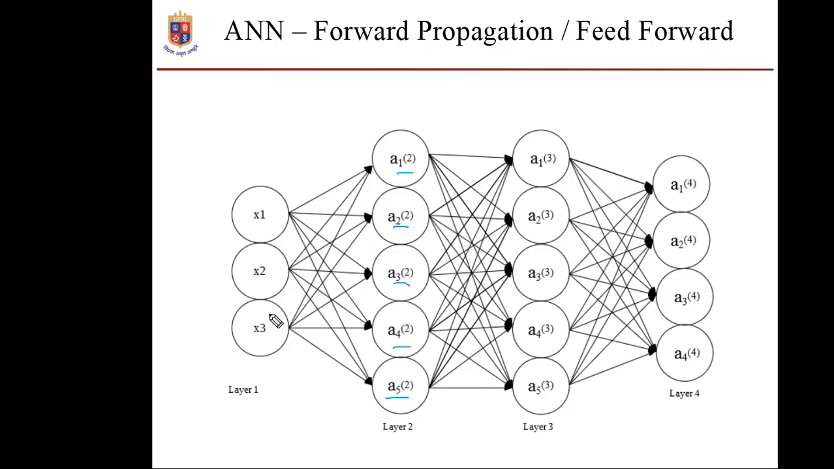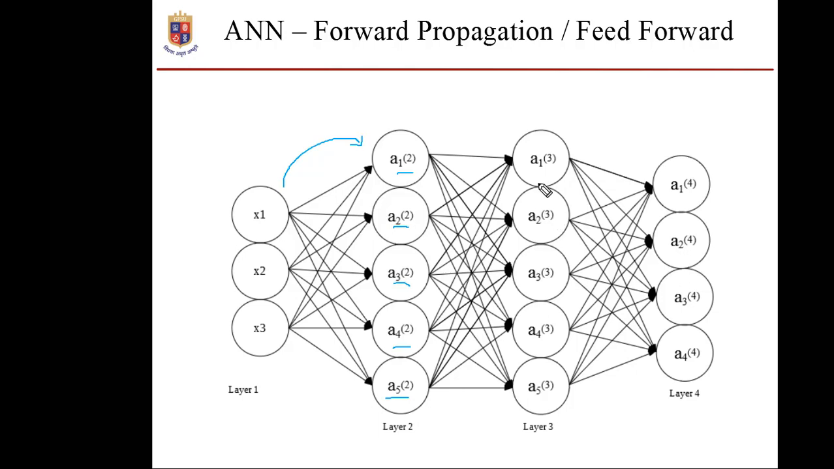Based on this x1, x2, x3, we will be calculating a1(2) to a5(2), and as you can see, each of the neurons of the input layer is connected to each of the neurons of the first hidden layer, that is layer 2. So we will be calculating the neurons of the hidden layer from the input layer x1, x2, x3, and based on the values we derive for layer 2, or the hidden layer 1, we will then need to calculate the values of